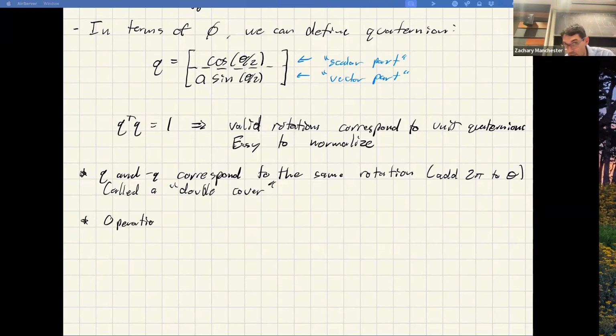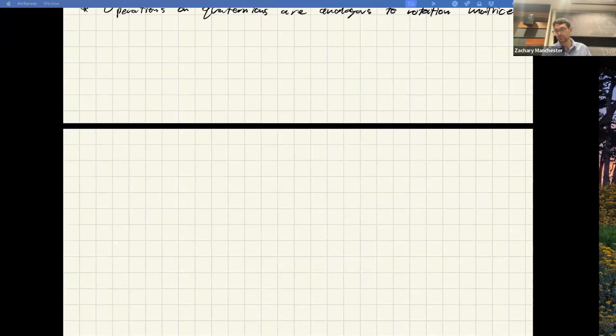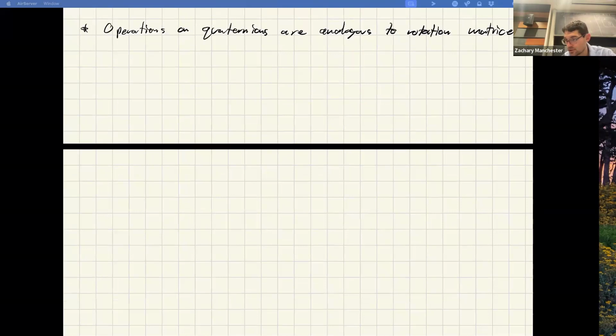So operations on quaternions are all analogous to rotation matrices. Said another way, they basically act algebraically essentially the same way, and that's usually a pretty good way to think about them. So now we're just going to run through a whole bunch of those. The first one is quaternion multiplication,